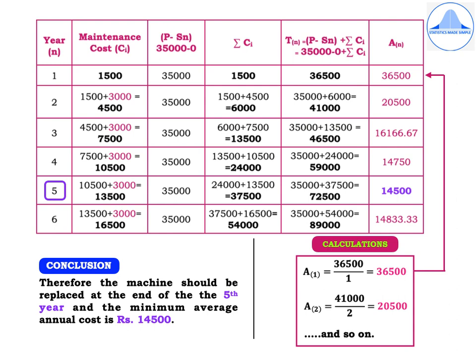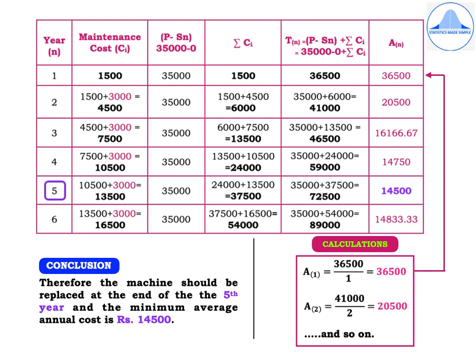Similarly, for the second year, the average annual cost is denoted by A2, and it will be 41,000 divided by 2, which is 20,500. In a similar way, we can find out the remaining average annual costs, which are 16,166.67, 14,750, then you have 14,500 and